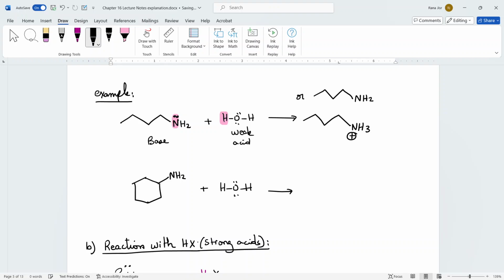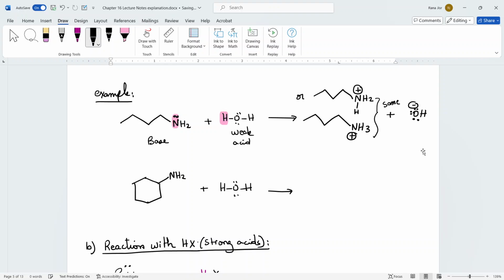I already have 2 hydrogens here. I can simply make a bond with the additional hydrogen that I am adding and put a plus charge. This is the same as that, you guys. You can write it like this, you can write it like that. It really doesn't matter. And then the leftover from the water is the OH minus, and that is going to be my hydroxide. My charges are going to be balanced, okay? So these two are the same.